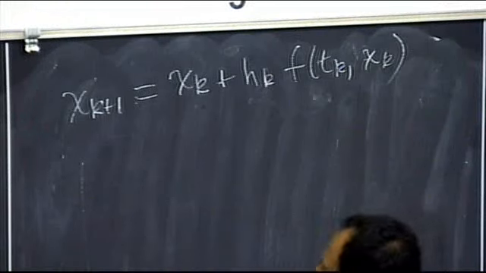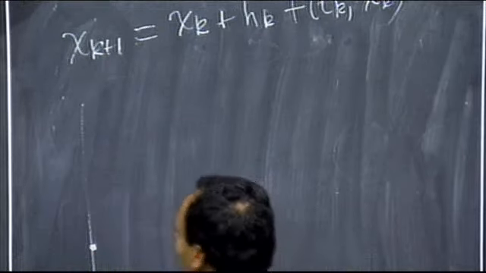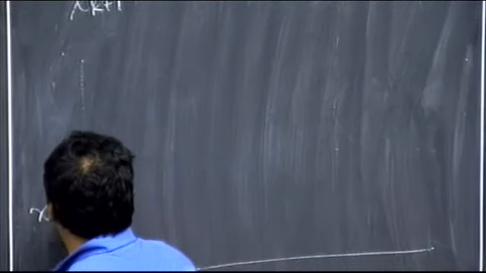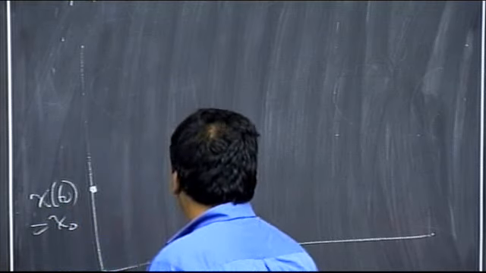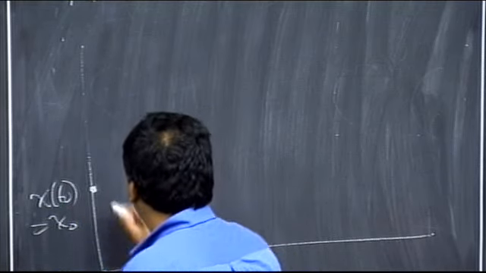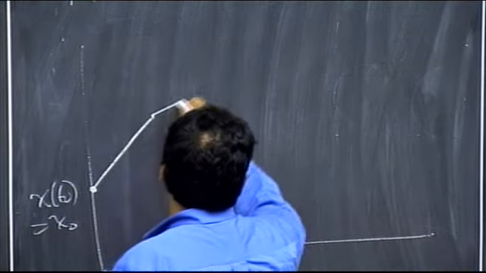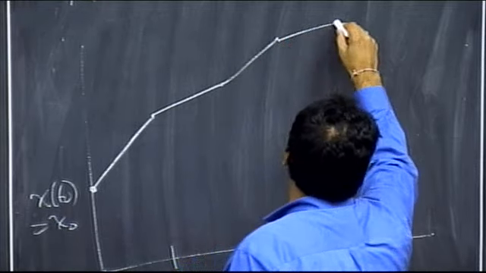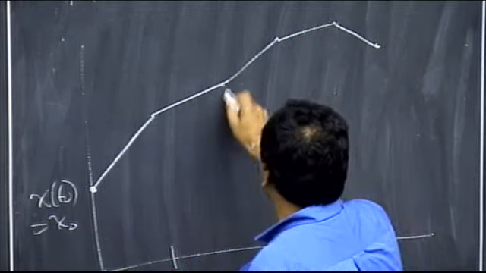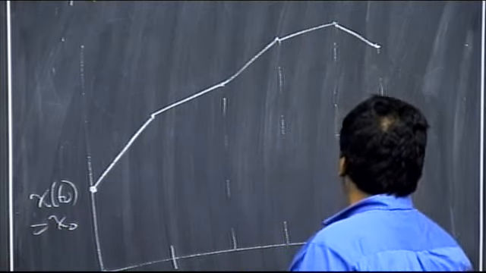This method, I have a point. I'm going to redraw that picture, except I'm going to draw it a little bit differently. I'm starting here at x of t0, right, equals x0. And what I do is I go to point t1. So what did I do? I did a straight line, right? And then I do another straight line. And then I do another straight line. And then another straight line, right? So each of these points here that I've marched myself to